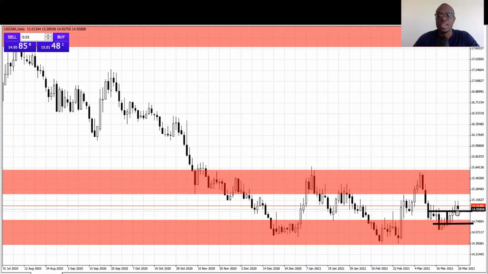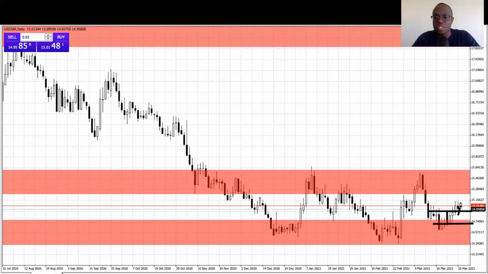And upon pulling back, this zone is going to act as a support zone. As we stated, if a gap forms, it forms a support and resistance zone, right? So this gap we'll be expecting to hold as a support zone, and if the price closes anywhere above this low, which is maybe 14.74954,